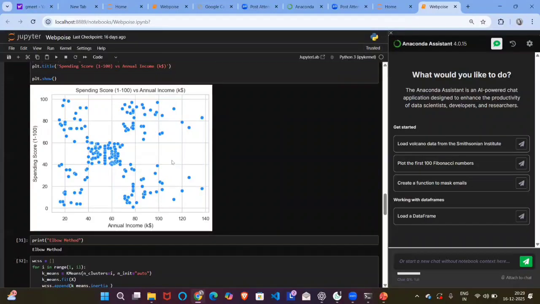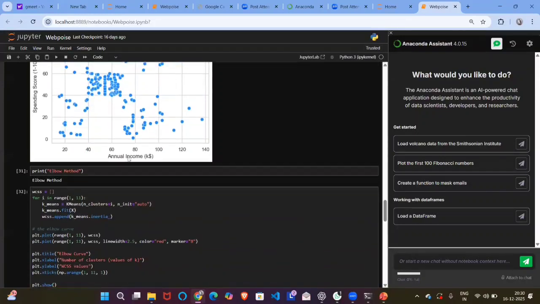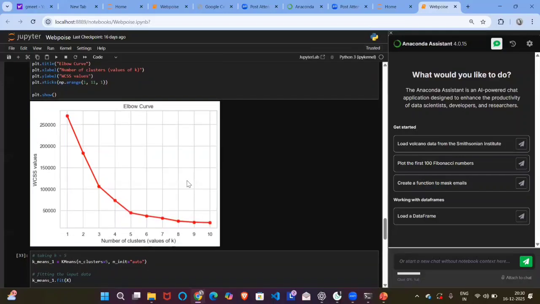And this is a scatter plot which visualizes annual income over the spending score. It shows low spending score with low income, and high spending score with high annual income. So we are able to visualize all 5 different ranges of spending score and annual income. And this visual, as I explained before in the presentation, is the elbow method, which we were able